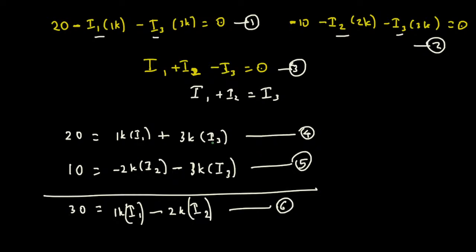We could also have done something like, instead of this I3, I should have put I1 plus I2 as well. That also applies. So if I do that, then I have to expand everything. Here this is a minus, but we know the relation that I1 plus I2 is equal to I3. If I want to write this one in terms of